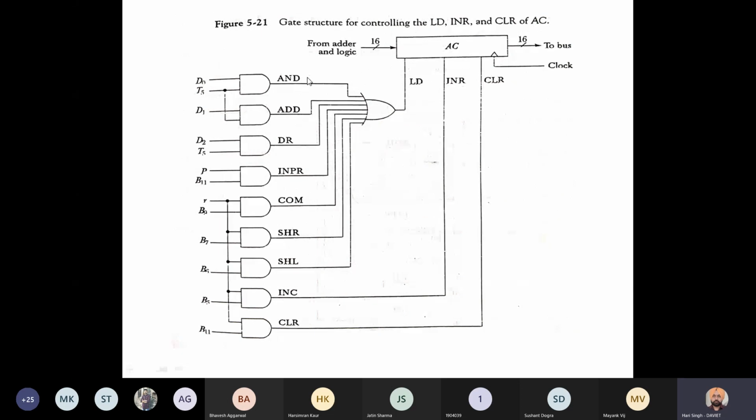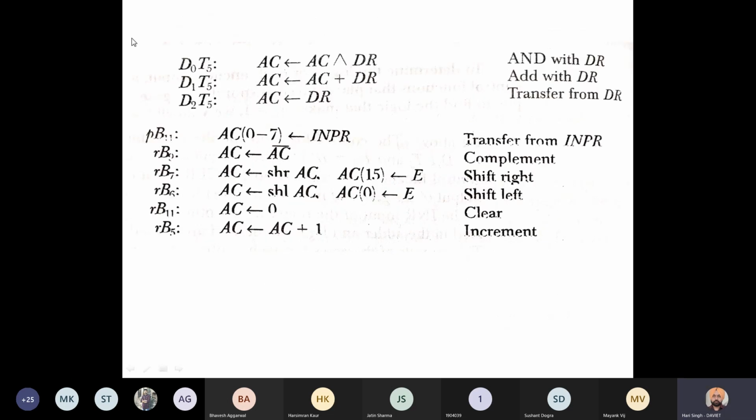So for example, the AND operation. If the AND operation is to be performed, then after performing it, the information should be placed in the accumulator. So when will it be done? When D0 and T5 are true. You can see, when D0 and T5 both are true, these should be given as input to an AND gate.